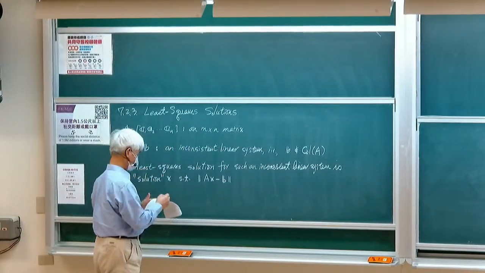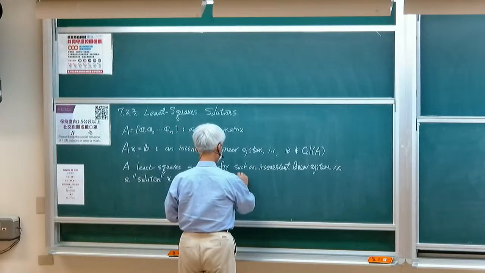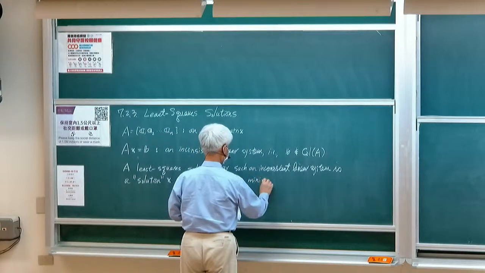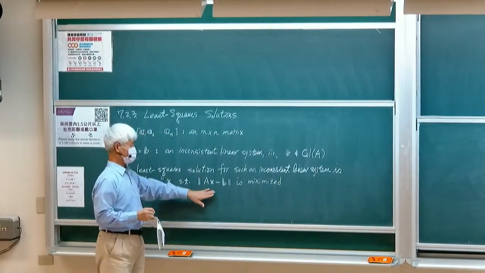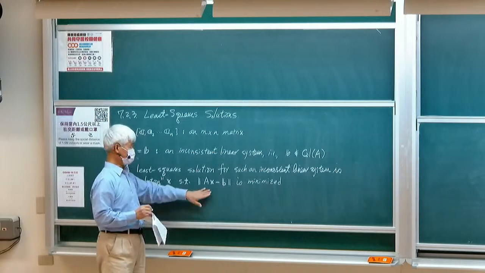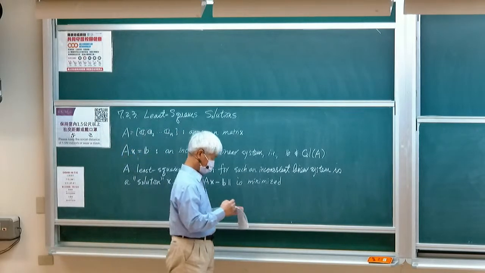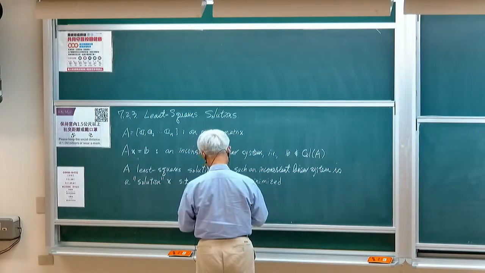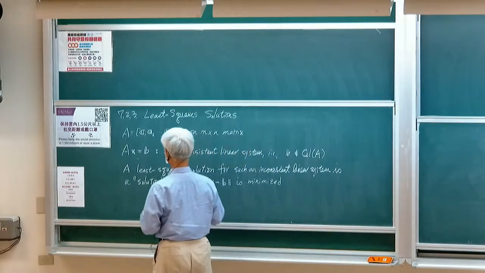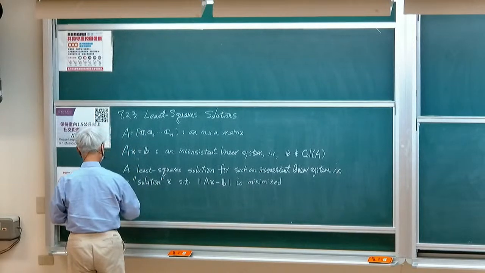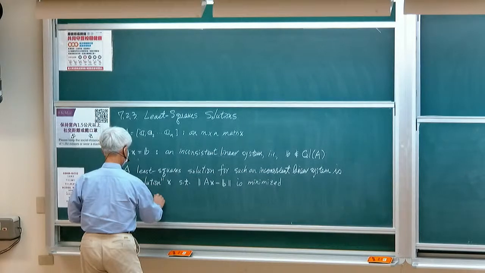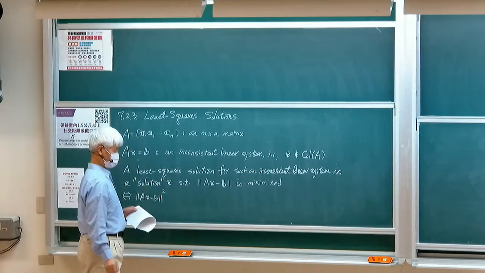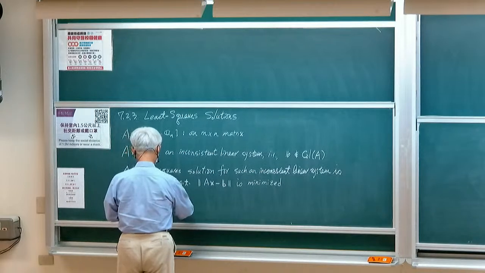Here the distance is measured in the m-dimensional Euclidean space. This is equivalent to saying that if we square the distance, we find that this is actually